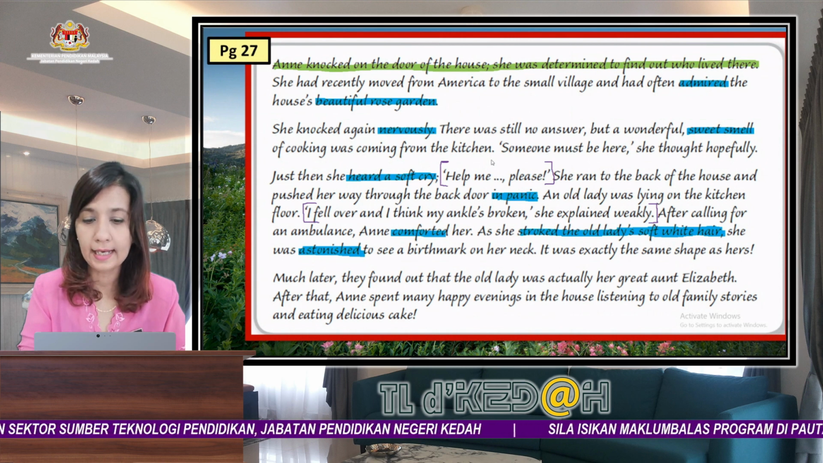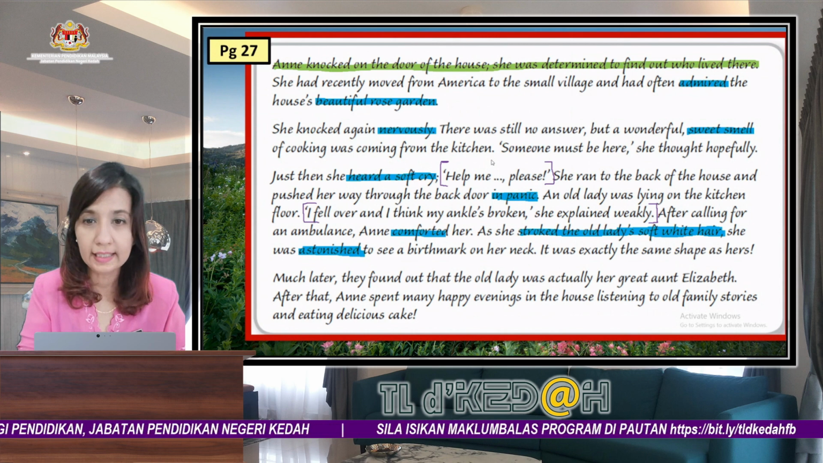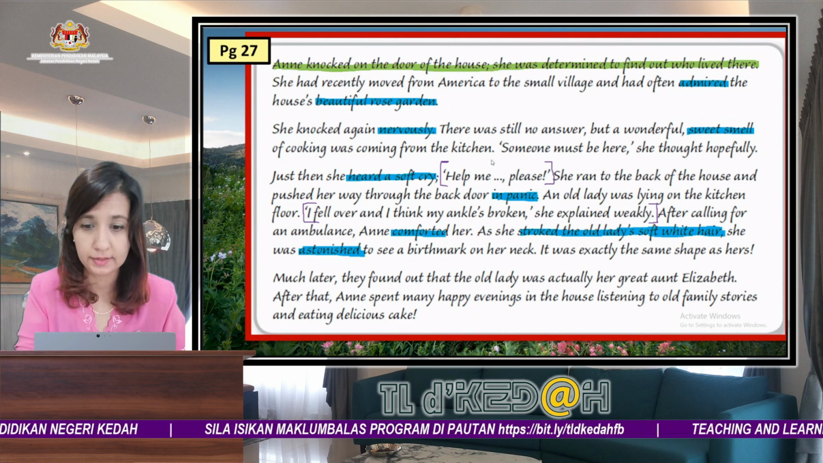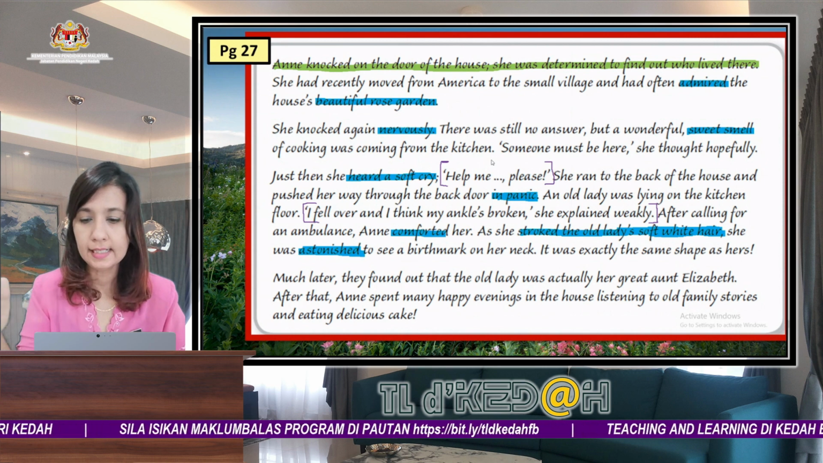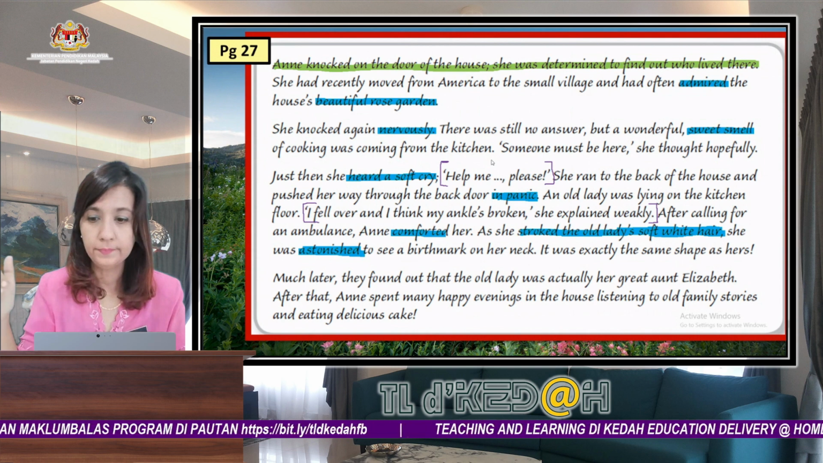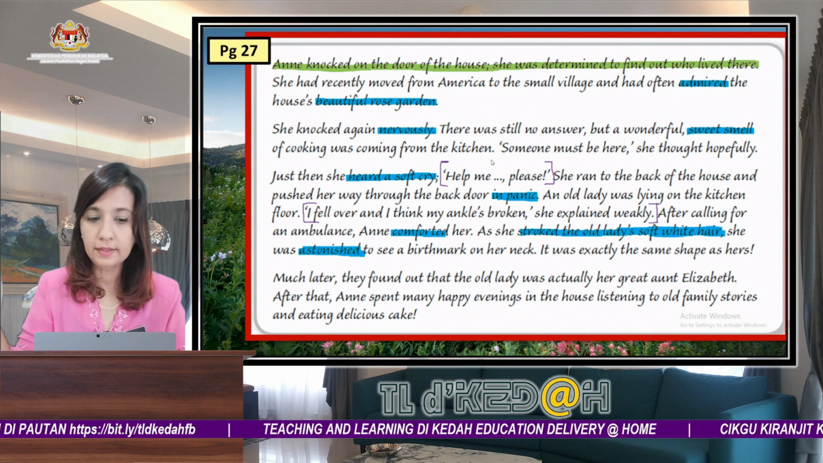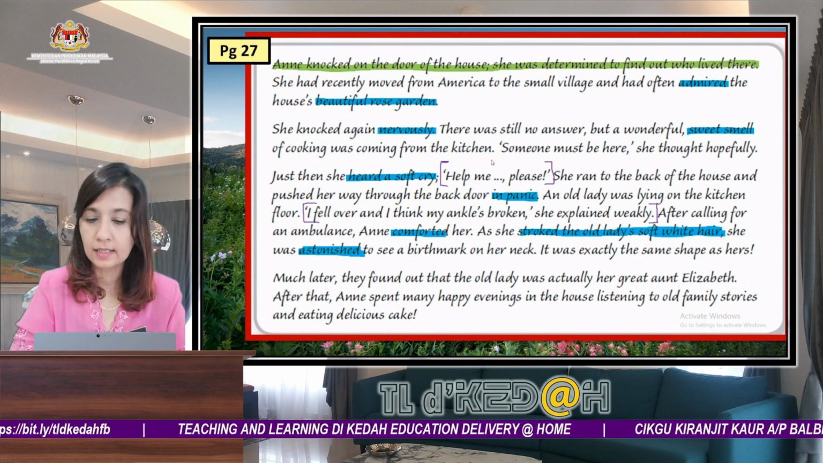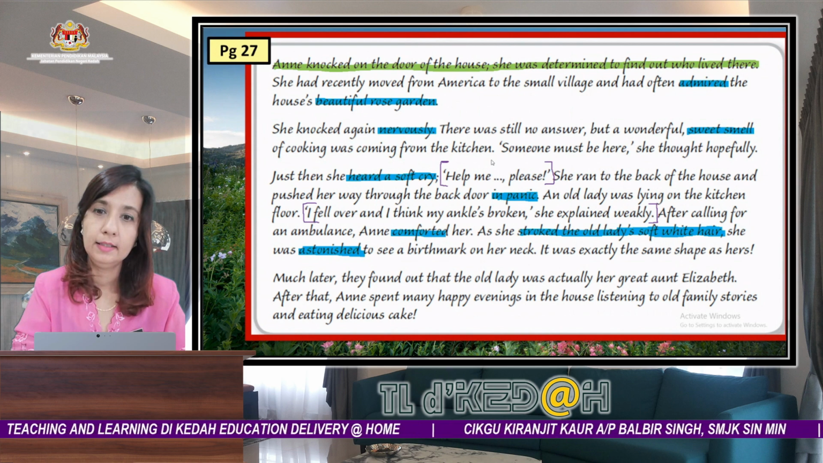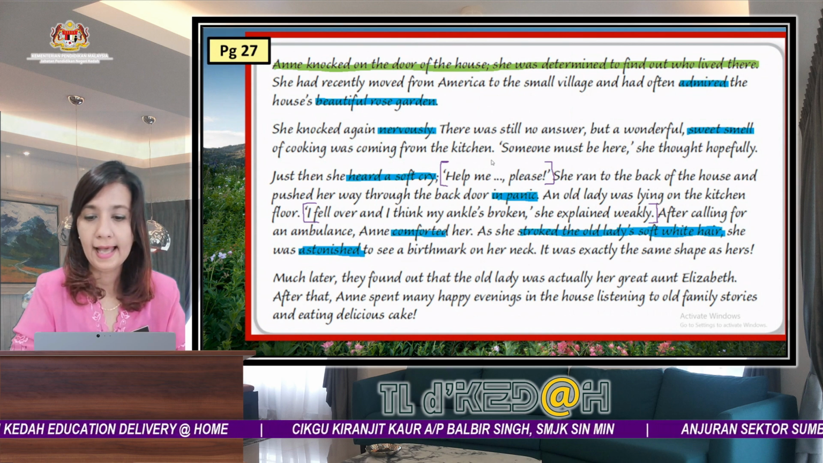I fell over and I think my ankle's broken, she explained weakly. How did she explain weakly? Because she fell, she's in pain, she's cold. Okay? So you can understand what's going on. You can picture the place. You can picture an old lady. Okay, you can picture a young girl. Okay? After calling for an ambulance she comforted her. Comforted means say, relax, don't worry, everything will be fine. That is comforting someone. Okay, as she